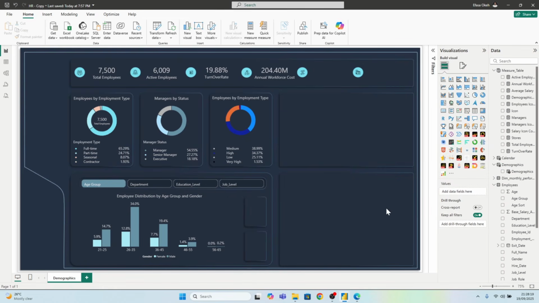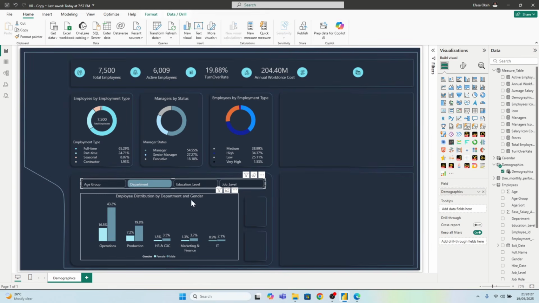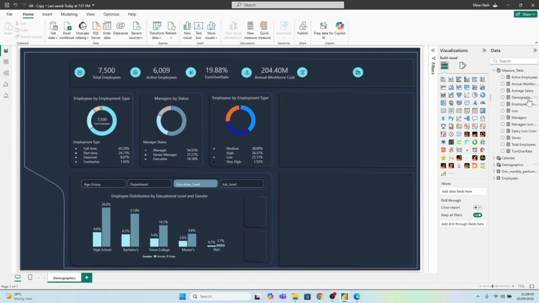So now look at the title. It's saying employee distribution by age group and gender. When you then click on department, it will be employee distribution by department and gender. If you go to educational level, employee distribution by educational level and gender. So that's basically how this visual was created, right? Here you just have the male and female employee and their percent. So that's quite easy. I think you can do that already by simply just